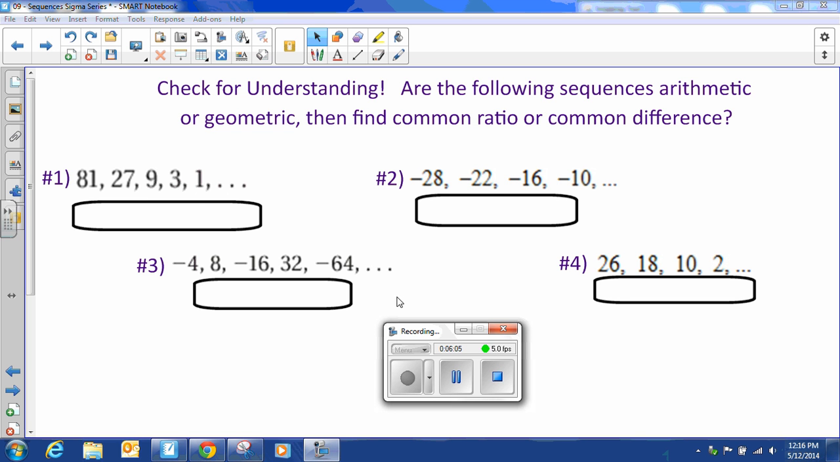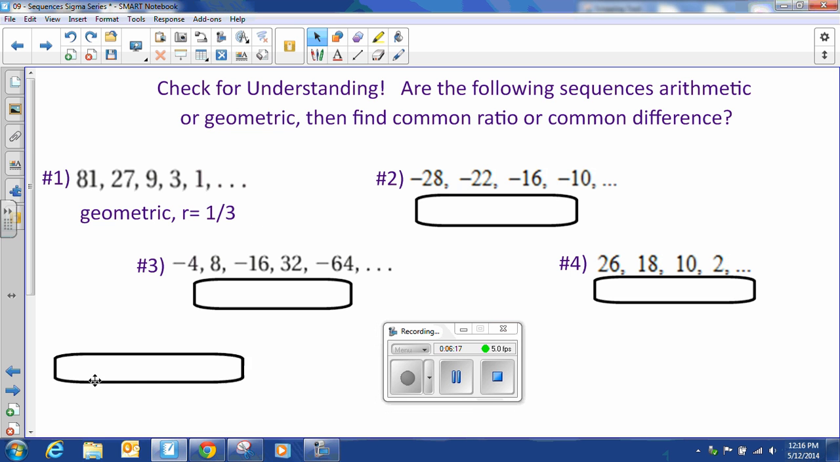This is geometric. I guess it could be neither, but this is geometric because as we go from 81 to 27 to 9 to 3 to 1, we are multiplying by 1/3 each time. So the common ratio is 1/3. Number two,